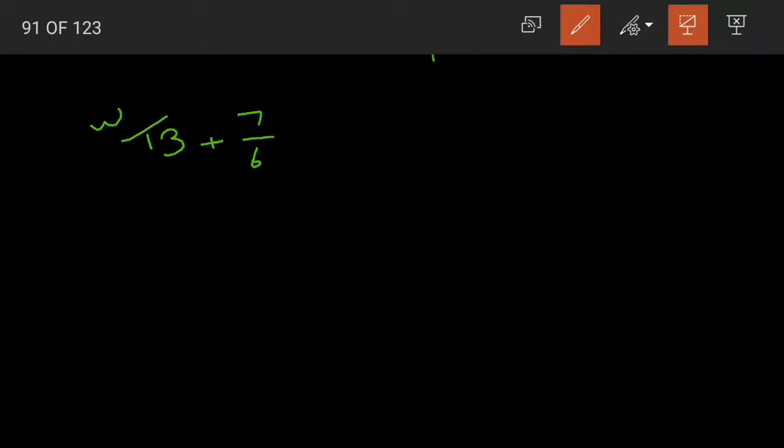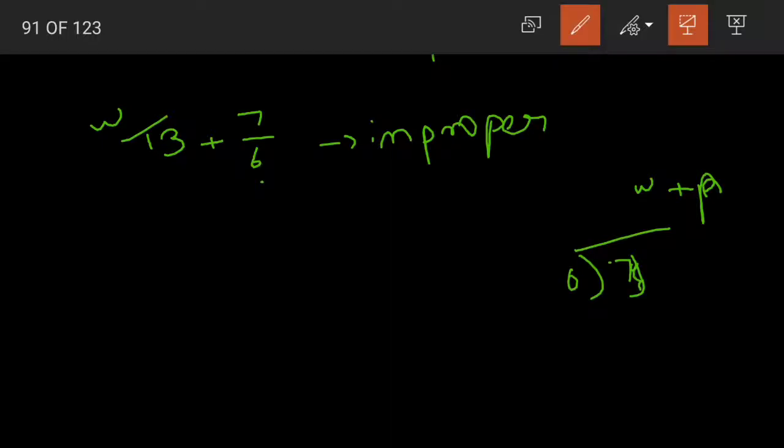Now this is our whole number, but if you look at 7/6, it is an improper fraction. Yes children, we have to convert it into a mixed number. See why? Because in a mixed number we always have a combination of a whole number and a proper fraction. We cannot have an improper fraction. So when we divide 7 by 6, 6 ones are 6. When we subtract, 1 is remaining. So the answer is 1 1/6. So 7/6 is nothing but 1 1/6.